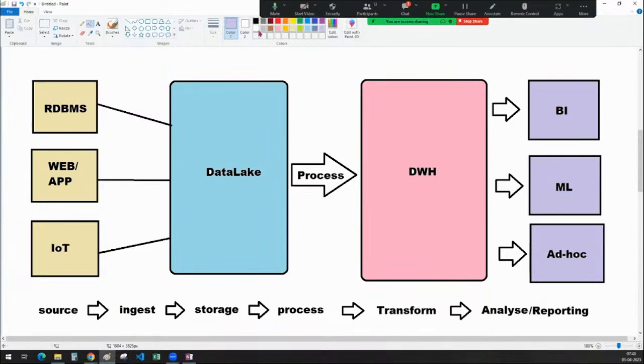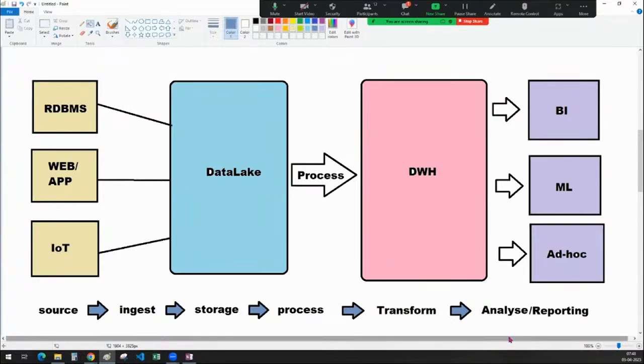You have a source, ingesting, storing, processing, as well as transforming the data. So this is a typical architecture. This architecture is very helpful for you to understand data engineering, guys.